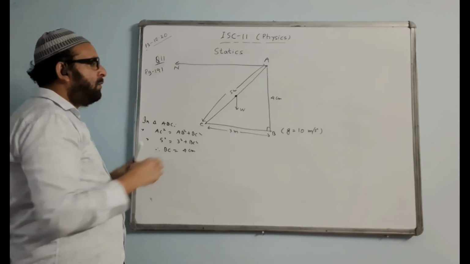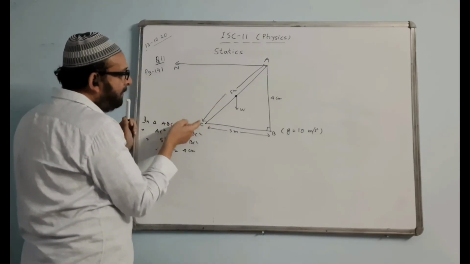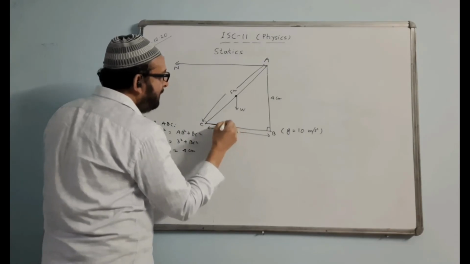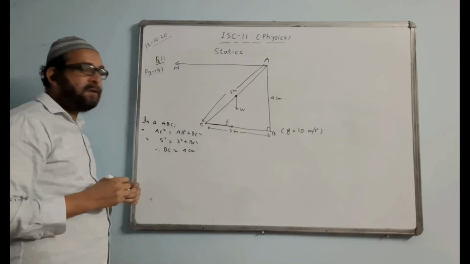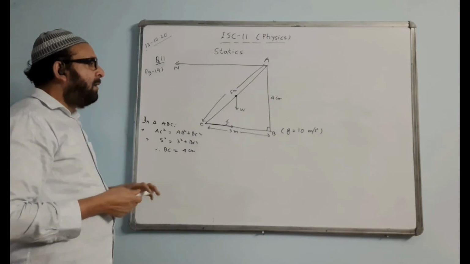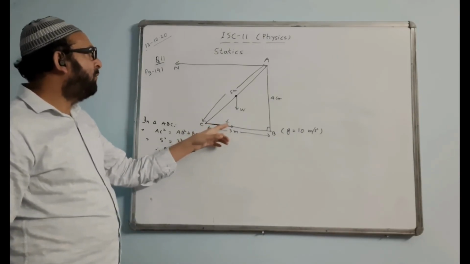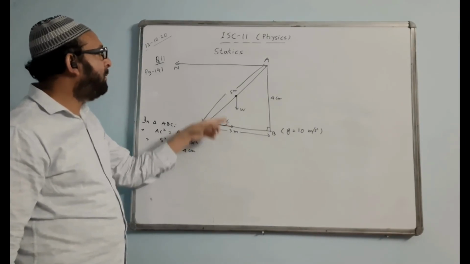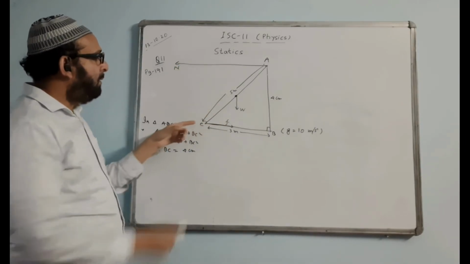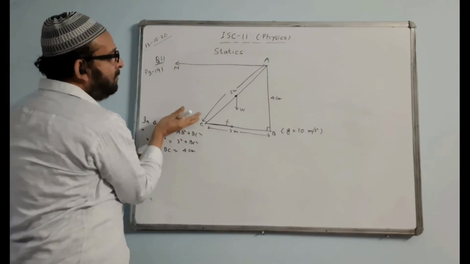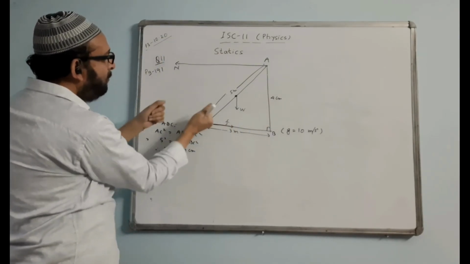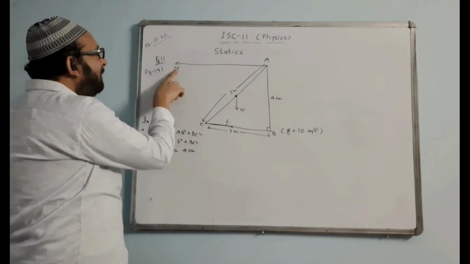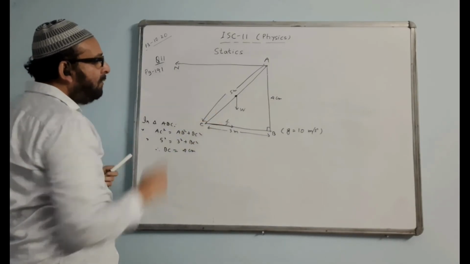So the ladder will have a tendency to slip in this direction. So friction will act like this. This friction force F is acting this way. Because it has to hold the ladder, this friction force has to be equal to the normal reaction N, so they are equal in order to keep it in equilibrium. That means we calculate the value of N, and that will become the value of F.